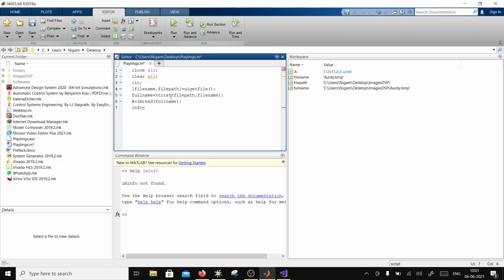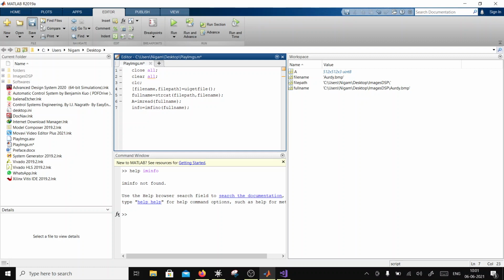Now the fun part with MATLAB is you do not have to specify what A is. It automatically detects that A is uint8. And you don't have to tell what info is either. So I can say imfinfo, and here I'm going to say fullname.